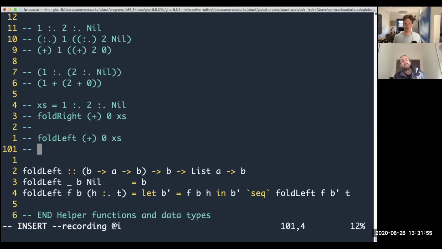So when it says foldLeft, is that interpreted as fold from the left and fold from the right? So this is the really weird thing where they both fold from the right. Okay. I just use the name, but they're both right associative is what I should say. Right. But if I have like an array, not the right word, I know, but our list, I guess conceptually, foldRight starts at the end and works back, and foldLeft starts at the beginning and works to the end, or is that not the right way to think about it? Well,